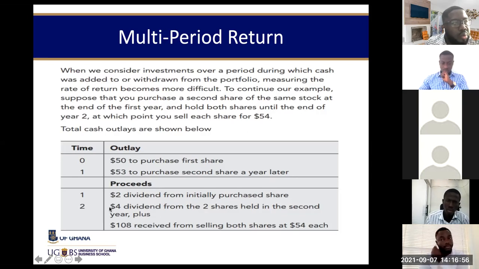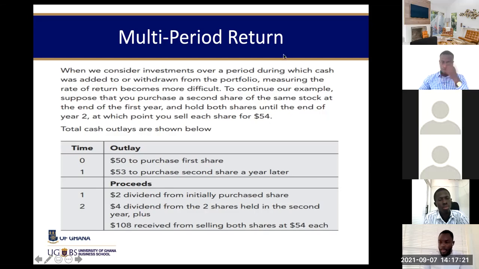At time 2, we receive $4, which is $2 on the first stock and $2 on the second stock. And again, at time 2, we are able to sell both shares for $54 for a total inflow in time 2 of 108. Okay, so that's just a rehash of the numbers that we saw last week. So we are going to use these same numbers to compute the